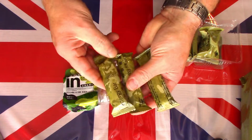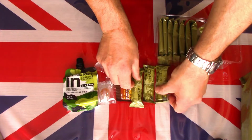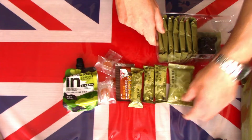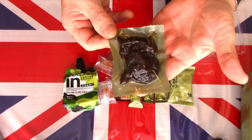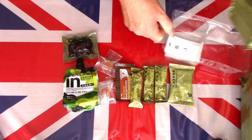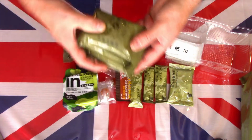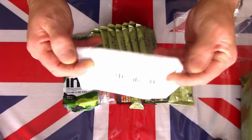We have 2, 3 energy bars. There is some dried cranberries, and very conveniently they're all in English as well, which is very useful. We have some, I think that is beef jerky, and there is also 1, 2, 3, 4, 5, 6, 7 with the army logo there. 7 chocolate biscuits, I believe, chocolate chip cookies, and finally I think that feels like a little trash bag or